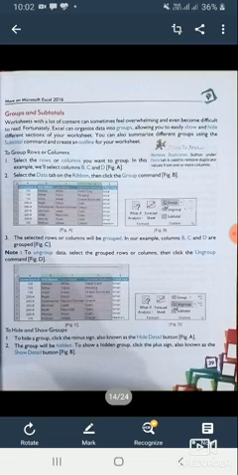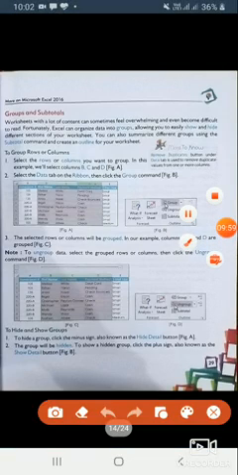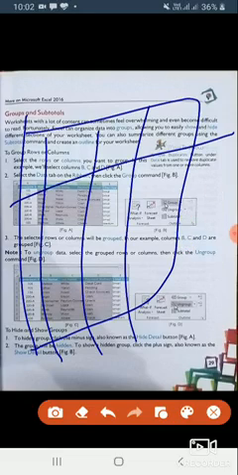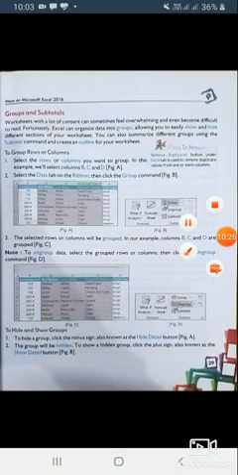Subtotal means if you want to add something, like if I make a table of a number of rows and columns, your marks of Hindi, English, Maths, similar to your report card. All the marks you have mentioned, and in Excel I do not add these marks manually, but with the help of a formula. To group rows and columns, we can add these totals, and this is called groups and subtotals.